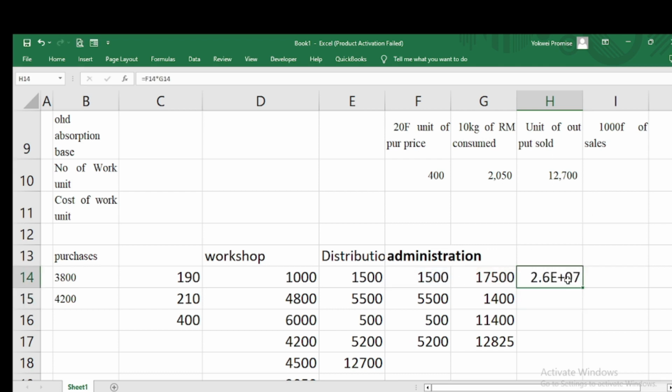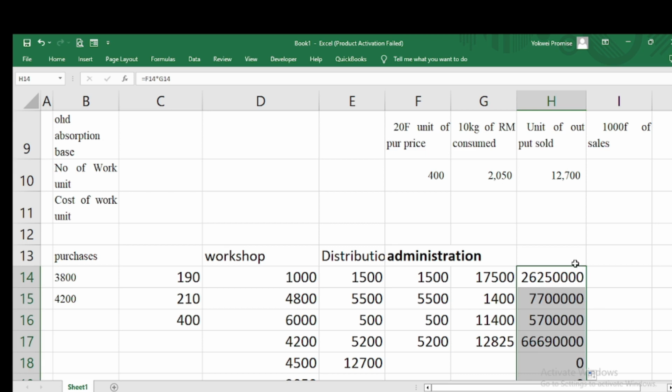Oh, so I have this times this, you put the answer, this times this, you have an answer, this times this, you have an answer. Awesome. All right, so these are the figures that you are going to have. Now if I sum the two, equal to,